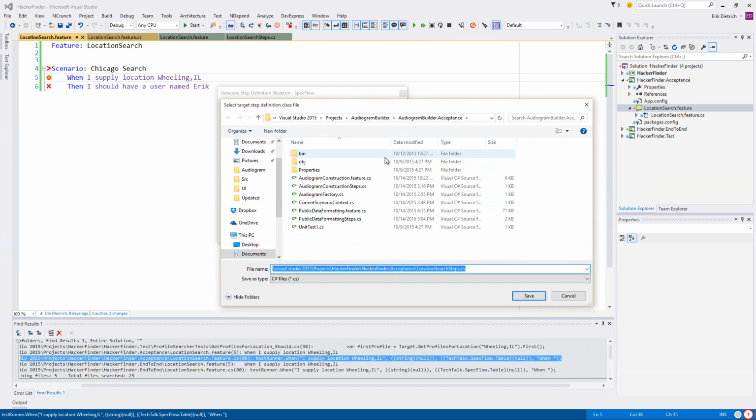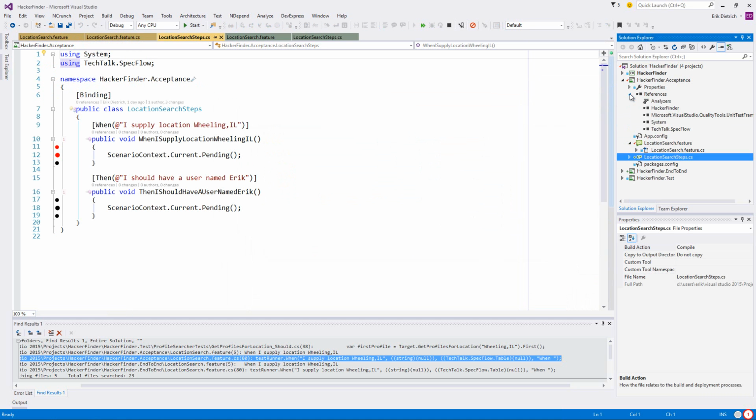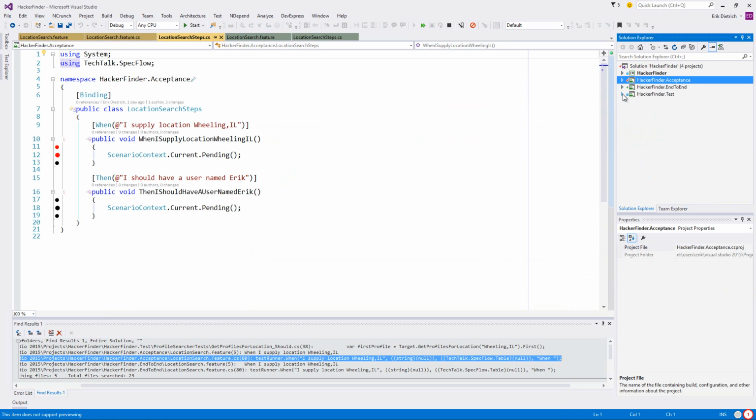Audiogram builder.acceptance. Location search steps. Well, it's not in there. Oh, that's weird. And I have something called unit test 1 in here somewhere too.